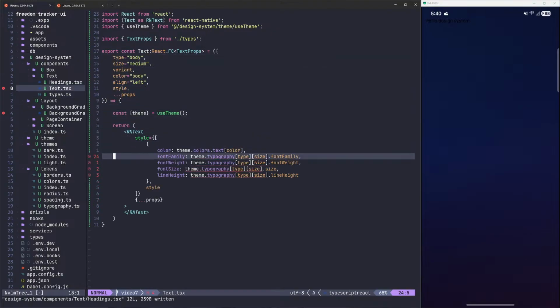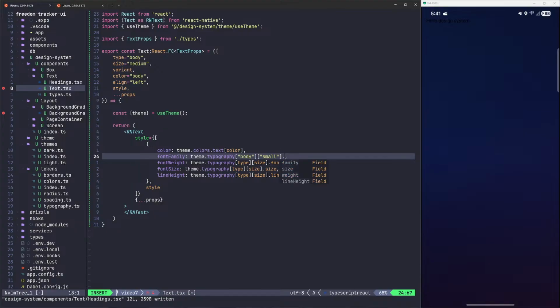It's mad at us about type and size. If we say dot type dot, and then say small, for example, it's still mad at us. But if we go ahead and say typography body small,